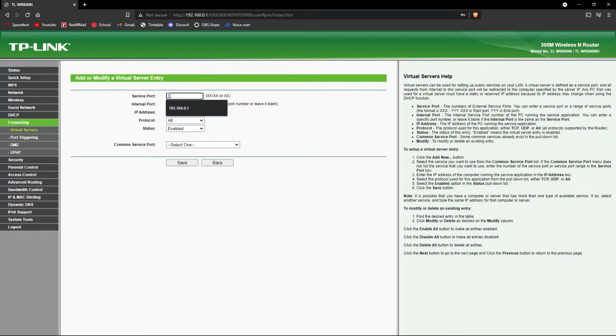Now in the service port and the internal port blank, enter the port that needs to be forwarded. For example, I want to forward port 25, so enter 25 in both the blanks. In the IP address blank, enter the IP number of the device to which the ports are forwarded. For example, let's take the device's IP address as